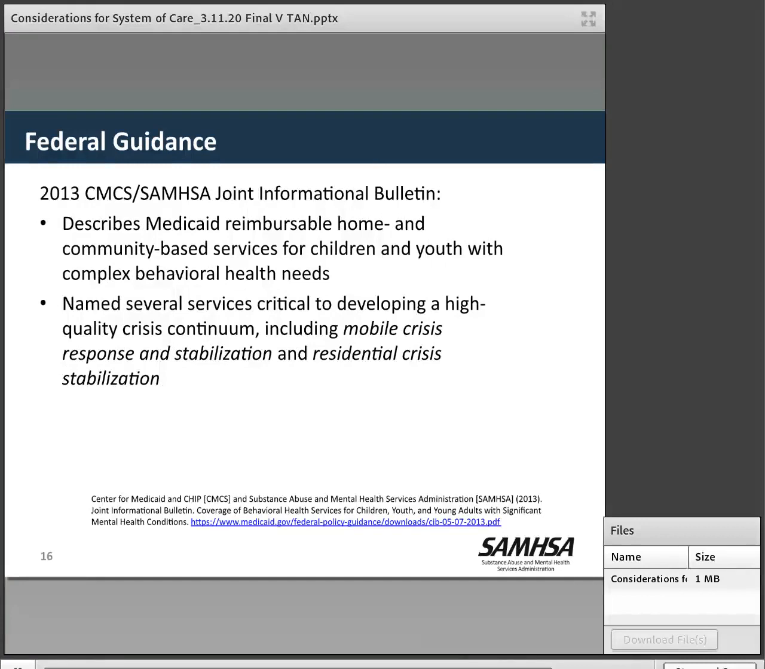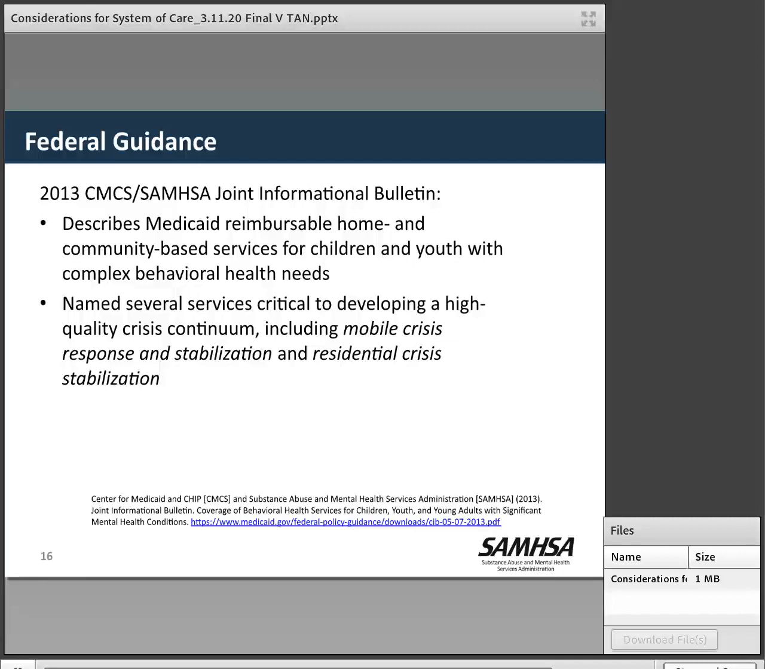In 2013, CMS and SAMHSA put together a joint informational bulletin that described home and community-based services that were really important to address the needs for children with complex needs. That service array included mobile crisis response and stabilization. We took the word crisis out of that work because crisis really sometimes confuses both professionals and families on when